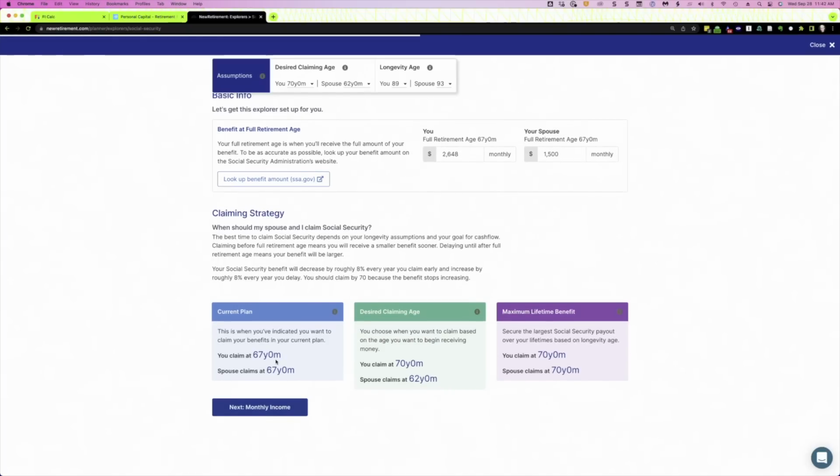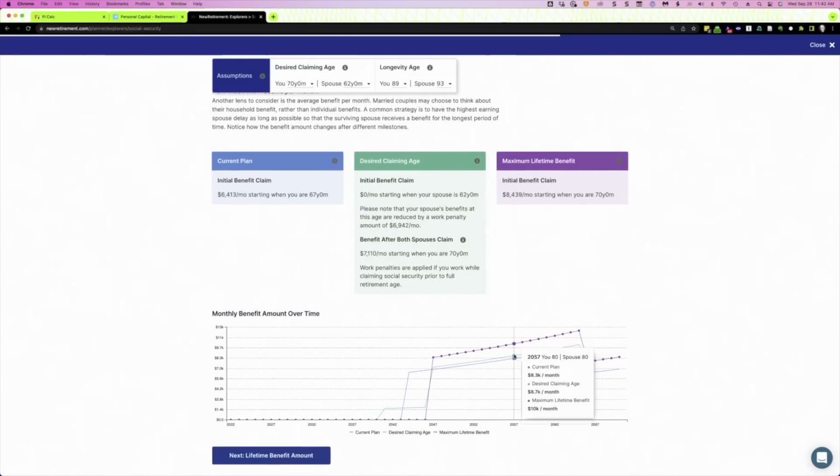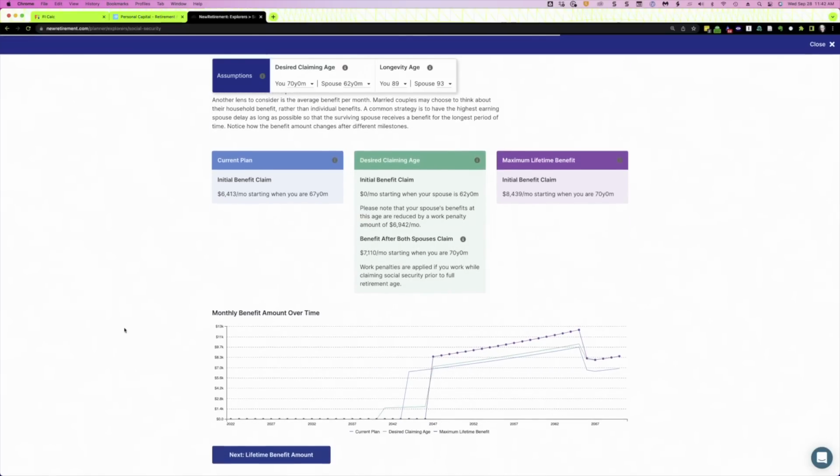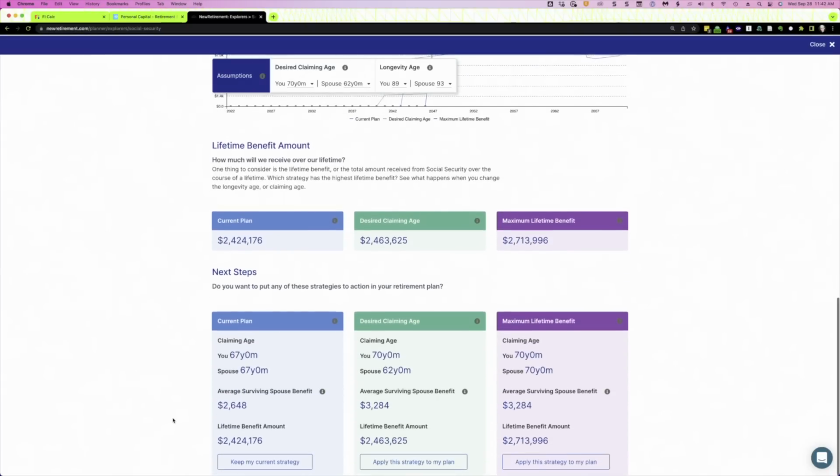This is the current plan that I, again, just sort of threw into this demo. Here's a desired claiming strategy that it's recommending. And here's a strategy if your goal is to maximize your benefits on the assumption you're going to live much longer than, say, life expectancy tables might suggest. It goes right into how much monthly income you're going to get and how those benefits are likely to change over time. And then it shows you a lifetime number based on the different strategies, and then gives you a summary, and then you can actually incorporate with the click of a button each of these strategies into your plan,